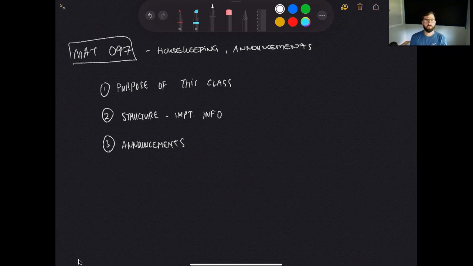So, this course in particular is Math 097, which is intermediate algebra or fundamental algebra, really, and introduction to functions. So it's kind of two courses in one. A lot of community colleges will break this class up into not even just two, but several different semesters of what we call developmental mathematics, getting you ready for college level math.